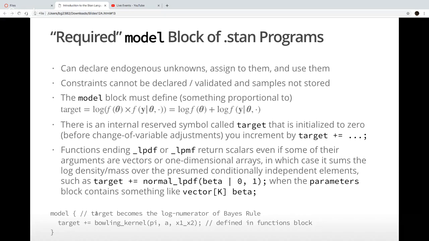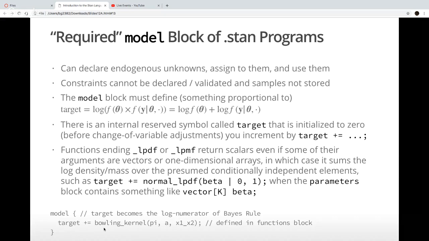It's a function of the parameters, but it also involves the data. And so you can refer to the data block, the transformed data block. You can refer to functions that you define in the functions block. You can refer to things that you declared and defined in the transformed parameters block if you need to, or other things that you declared and defined at the top of the model block if you needed some of those intermediate quantities, whatever you need to do in order to say, okay, this is what number the logarithm of Bayes' rule is in the numerator for this proposal of the parameters.